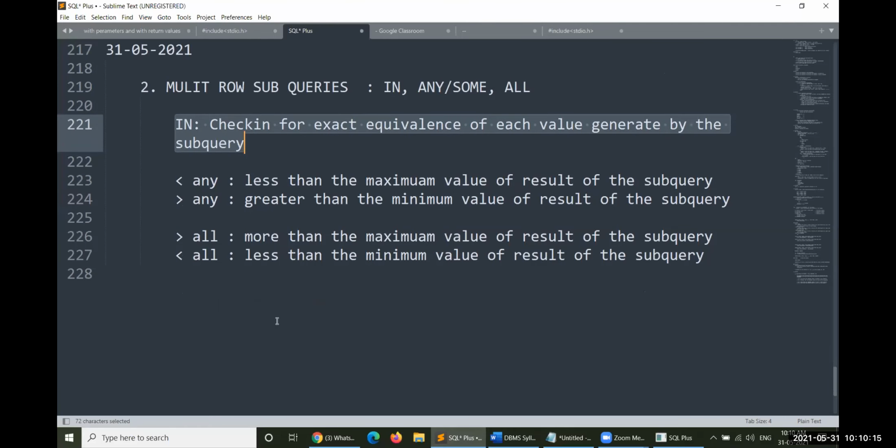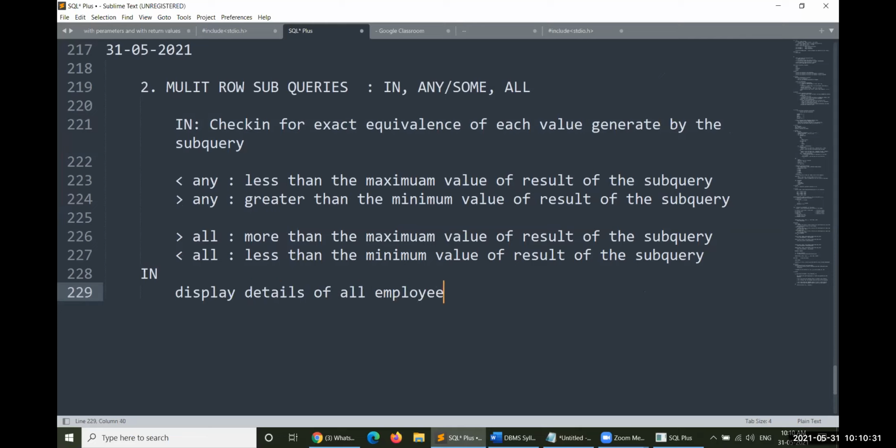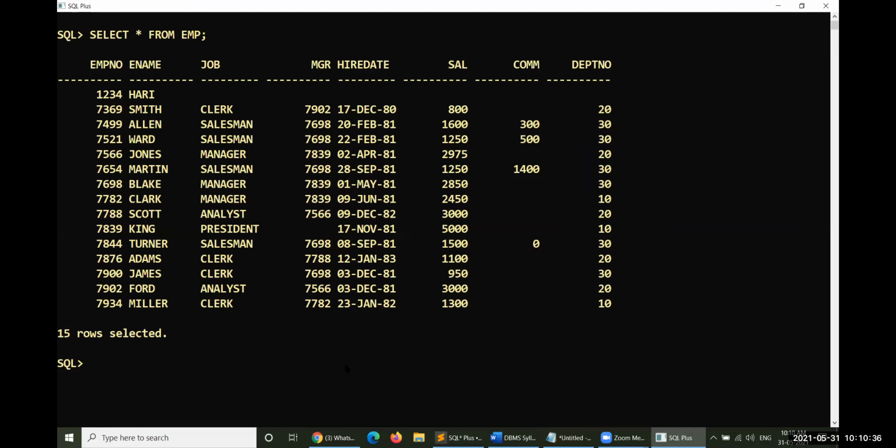Let me write queries for this one, then you could understand very easily. For the IN operator, these are the queries here. First query: display the details of all employees. Let me come back to this particular area to check how things are happening here.